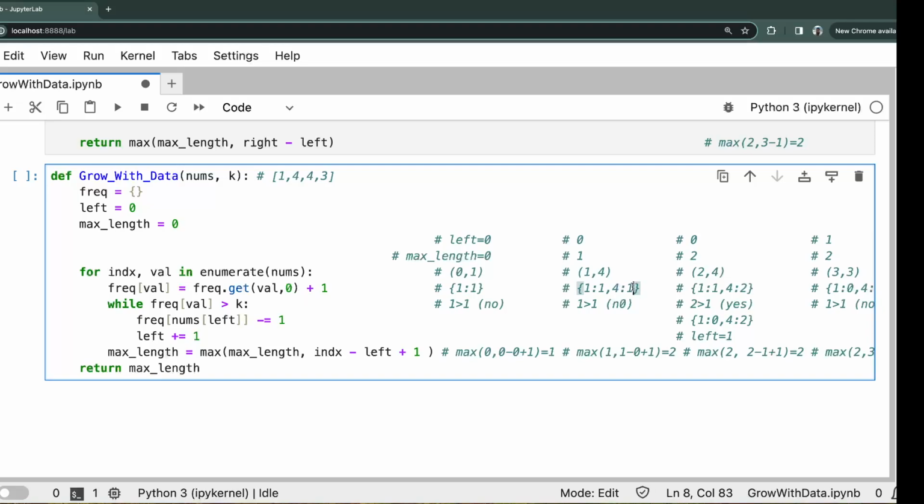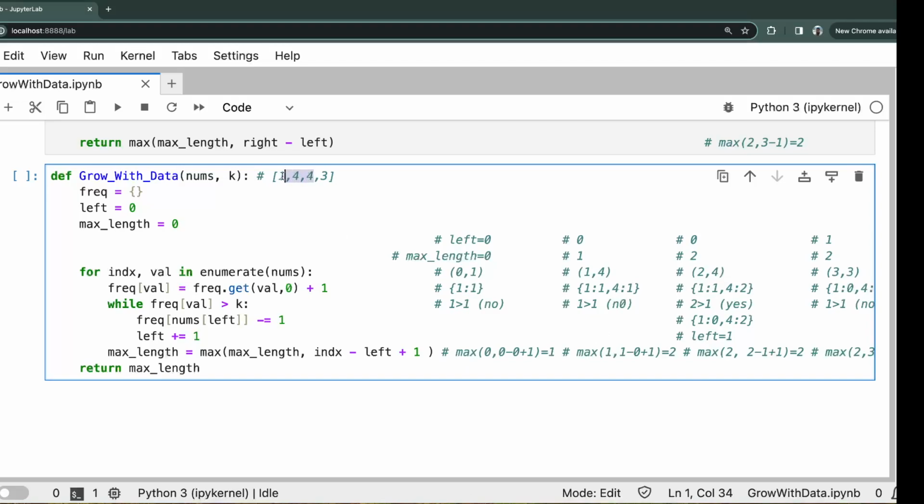The value of 4 occurs once, so it's not greater than the threshold, so it goes to the maximum length and checks if this 1, 4 length is greater than the current calculated maximum length. Yes, so it makes the maximum length 2,